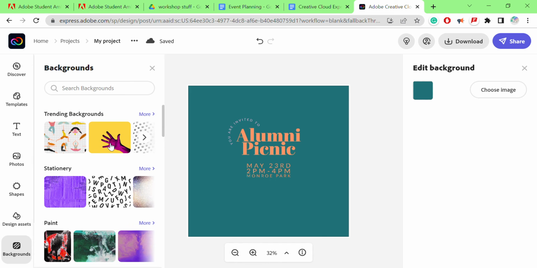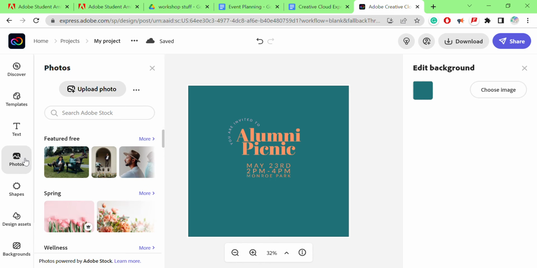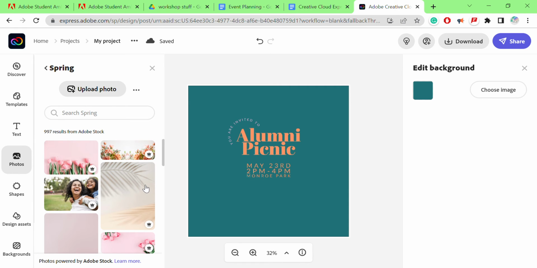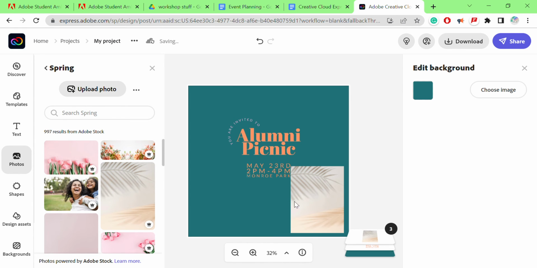Like this one, you can very easily add elements to this and it'll still be legible, whereas the photos are more accents with people, flowers, things like that. And I do want a springtime one as an accent. So what I'm going to do here is, you see down here, right when I clicked that, when I get multiple elements, it'll show me the layers, and I want this one to be between the two layers that I have right now. I want it to be on top of my background